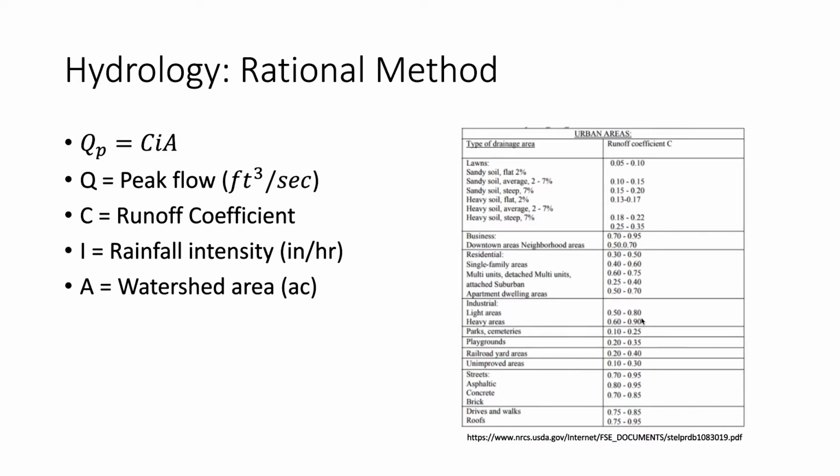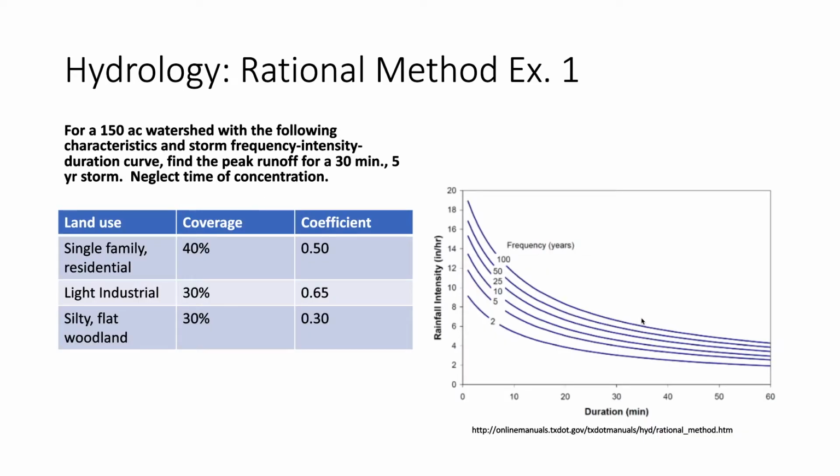So rainfall intensity we talked about. We'll talk a little bit more about that, and then watershed area is pretty self-explanatory for the most part. But the thing is, most watersheds are not one type of land use, right? So it can get a little bit complicated, and we're going to look at that in this example. We're only going to do one example today, and wow, we're already at 6 minutes, so I'm going to try